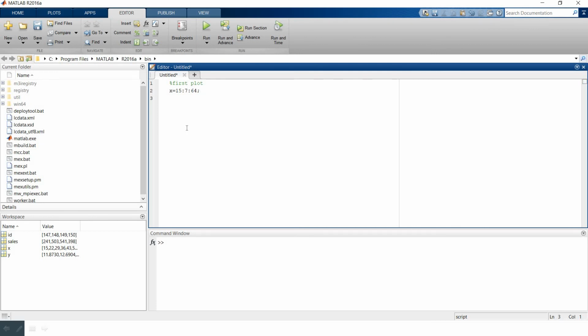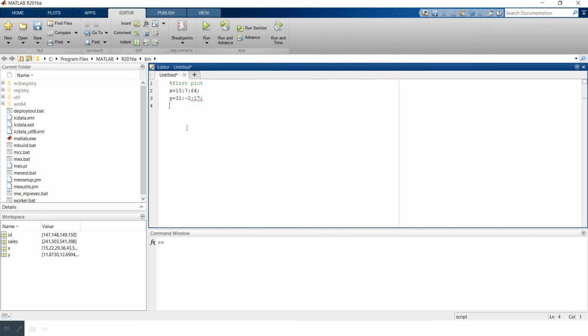Similarly we will take a y vector. y is equal to 31:-2:17, semicolon.